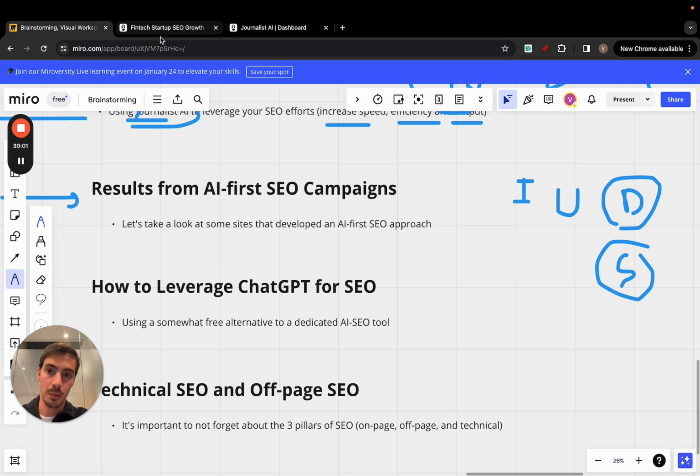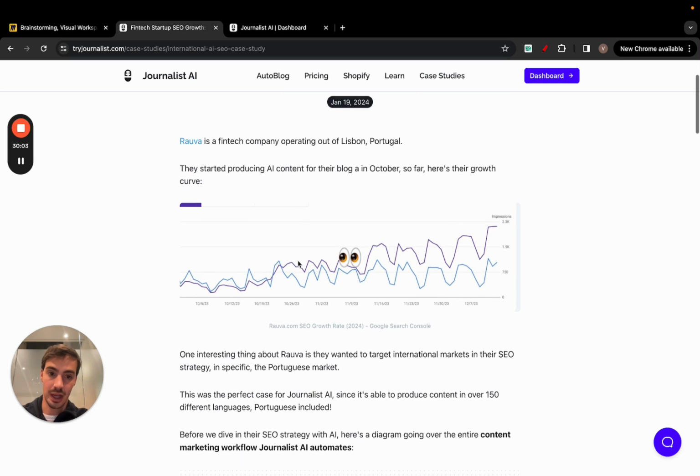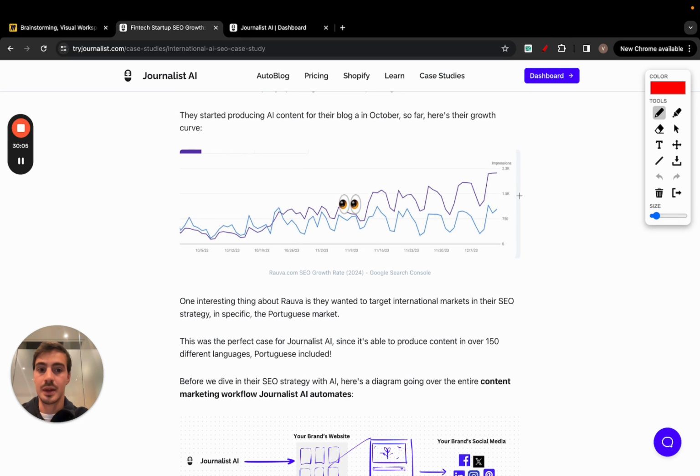It is super powerful, and they're seeing results, right? This is all AI. Of course, this again isn't much, but it's all AI. My point here isn't to show that they're making millions, not yet, but it's to show that AI works.